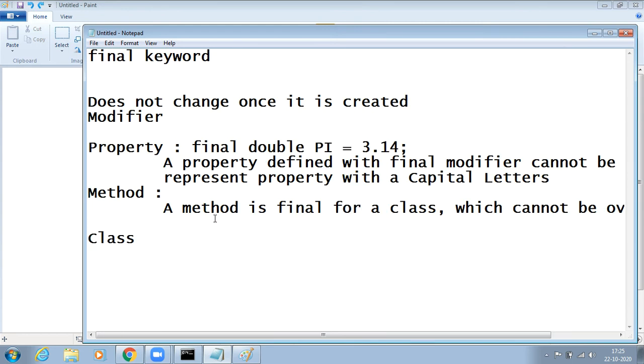Whenever you give final for a method, that method cannot be overridden.